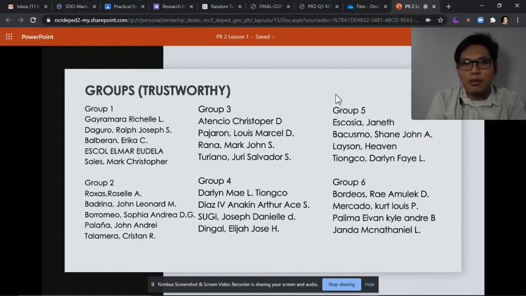So, si Borromeo will be transferred to group 5 and as much as possible, you need to stick to your groups kasi I chose your group based on an online app. So wala po kung personal na pagpili ng inyong grupo. And kilala niyo naman ako, as much as possible, I want you to respect my decision in groupings. So pag hindi niyo ko sinunod, magkakaproblema tayo.